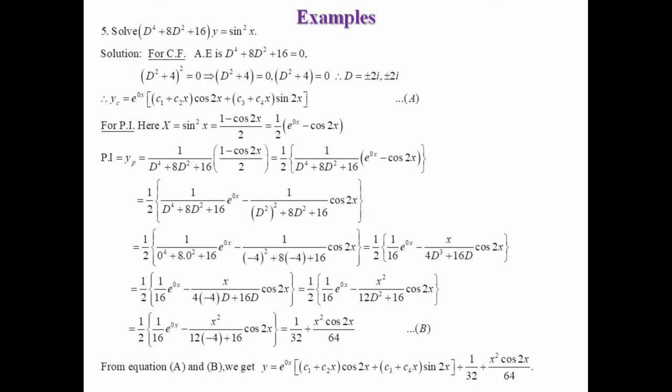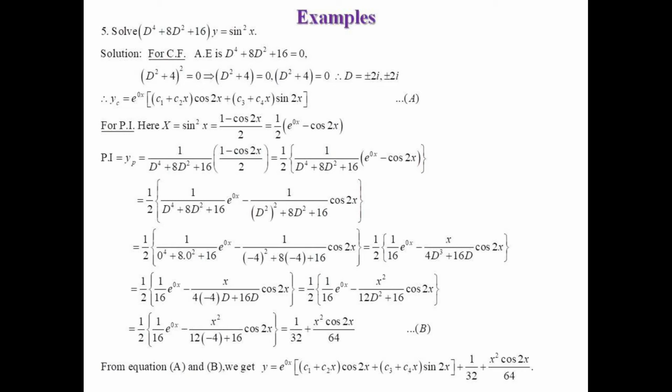Now if we apply the formula, 1 upon f of D e raised to ax is equal to 1 upon f of a e raised to ax, that means replace D by a for the first term. As the first term is an exponential function, we can write this as e raised to 0x upon 0 raised to 4 plus 8 into 0 square plus 16, plus, if we take this middle sign as minus, then according to